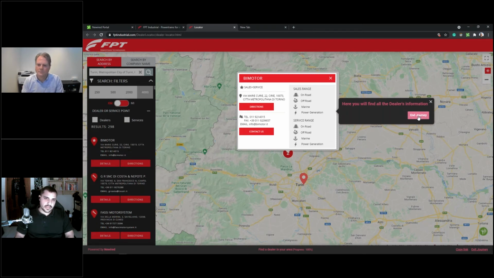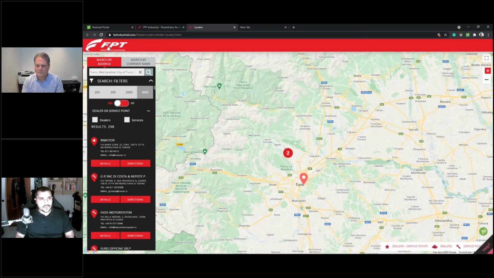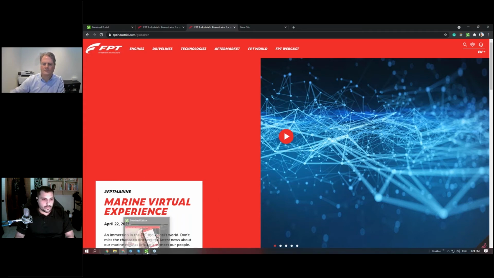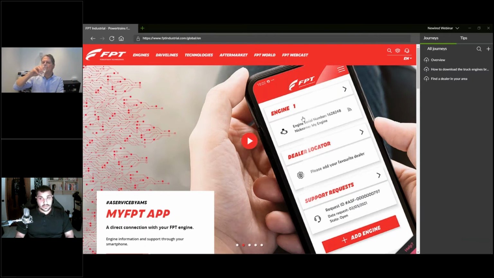I will click on journey now, and I want to show you how easy it actually is to create these kinds of guides. It's actually very easy. So in order to do that, we need to open our editor, which is a standalone application that you're able to download once you have the product. It looks quite similar to a browser, just like Chrome or Edge, on which we work, by the way. And it's going to simulate exactly how the browser is behaving.